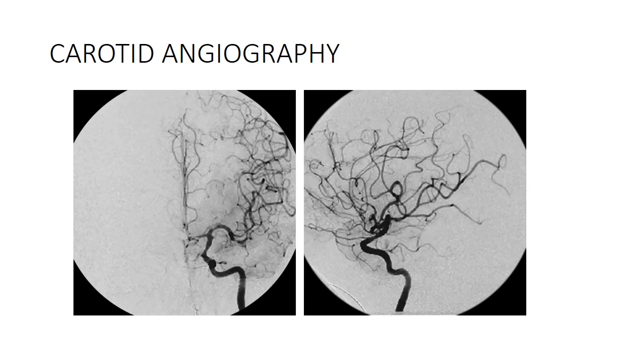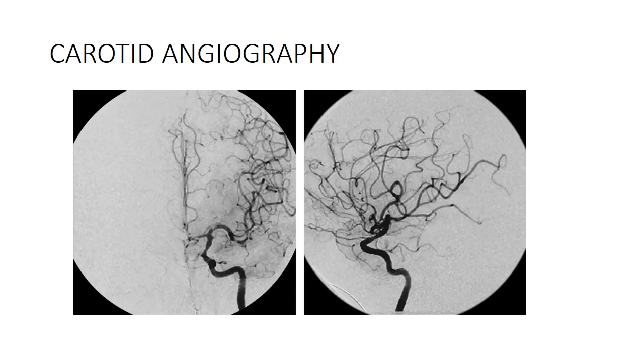Then we can also see this is the anteroposterior view, right? And this is the lateral view of the carotid on one side. This is the internal carotid artery, and the internal carotid artery is then further divided into many